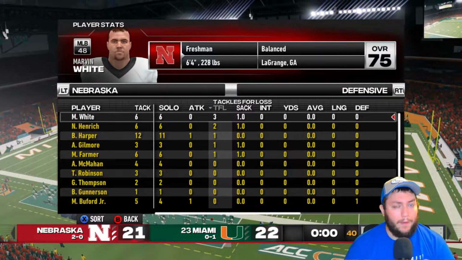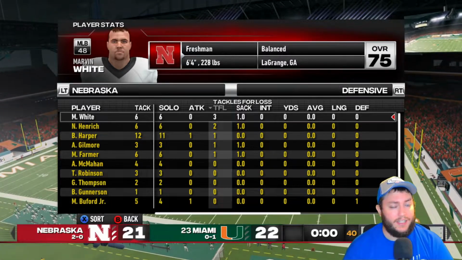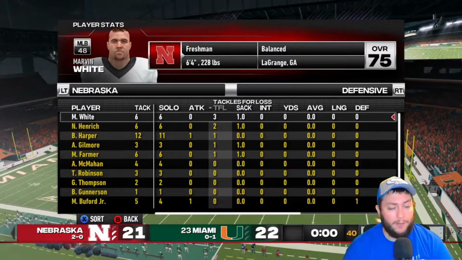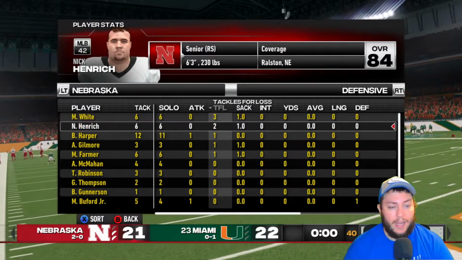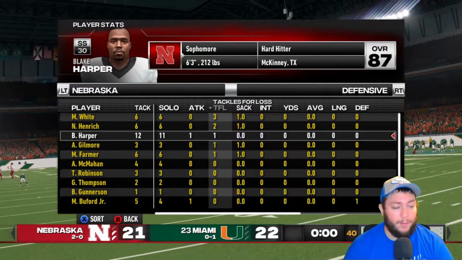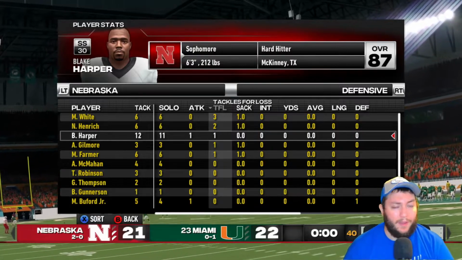But I was pretty happy with what I saw from our run defense. I was really, really worried about their running back as he is just insanely fast. But I thought we held him in check for the most part pretty well. Marvin White gets 3 tackles for loss, one of them being the sack. Nick Heinrich, Blake Harper had a really big tackle for loss as well. And really no massive runs other than that 1 toss play to the left-hand side where there was just no